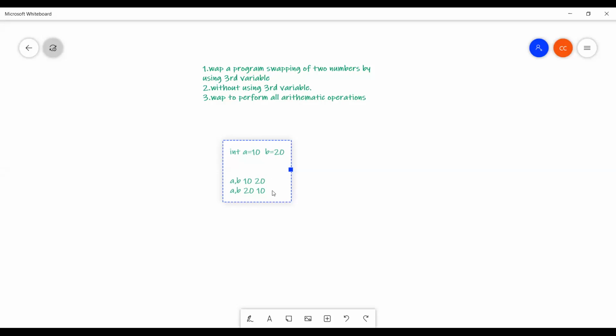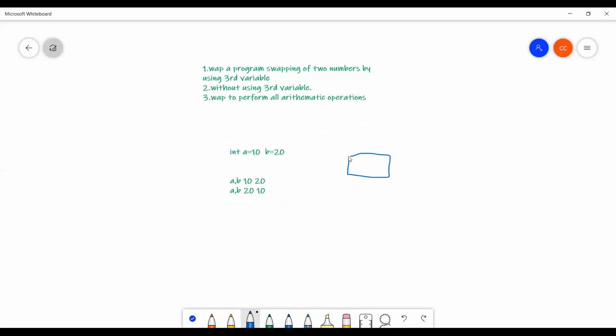How to write the program? Very simple. First of all, you take three variables, a, b, and a temporary variable. Assume this is a, then this is b.